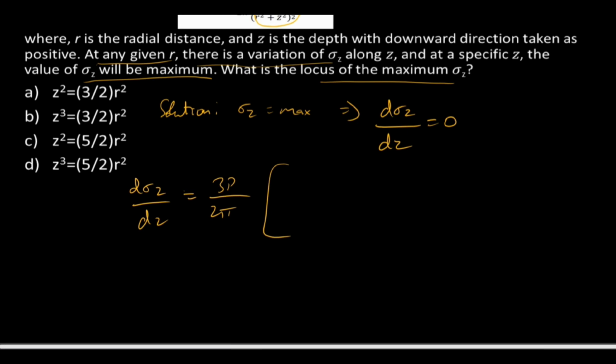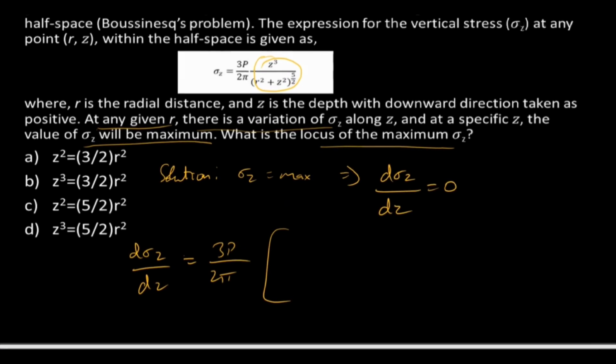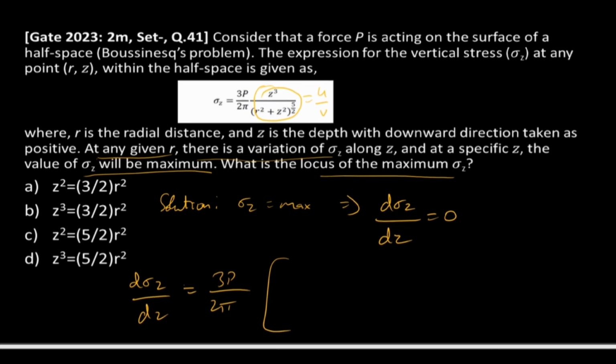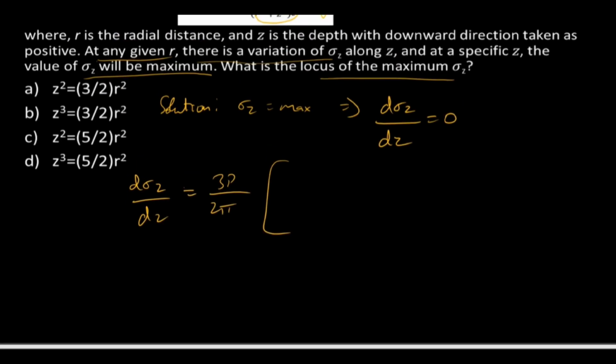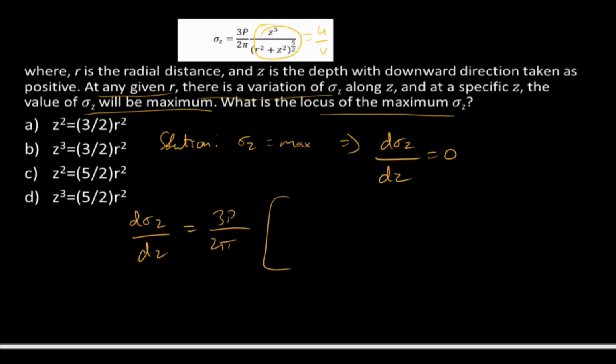So you can see it is given in the form of u by v, which is nothing but vu dash minus uv dash. First, v will be equal to r square plus z square power 5 by 2. U dash will be nothing but 3z square